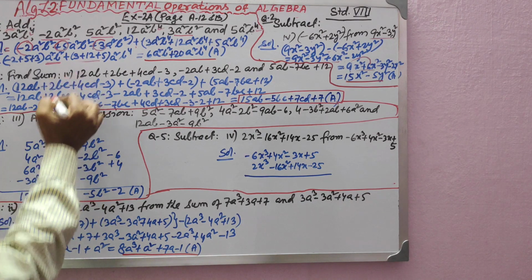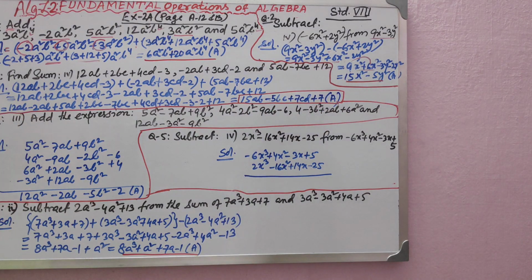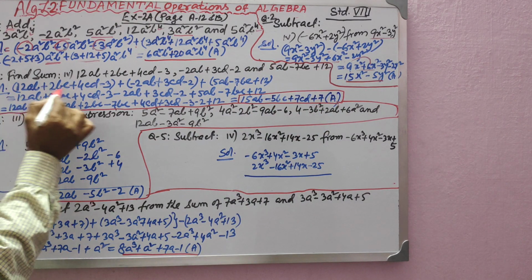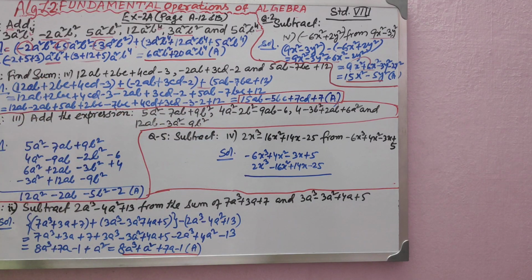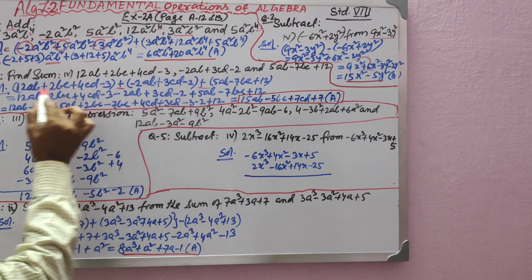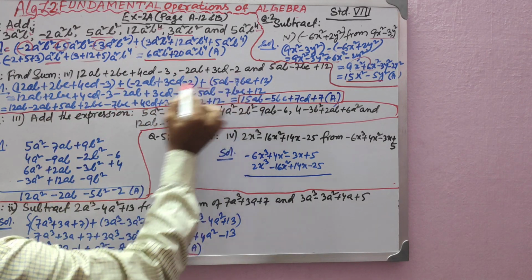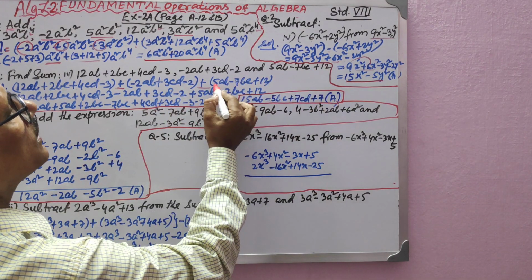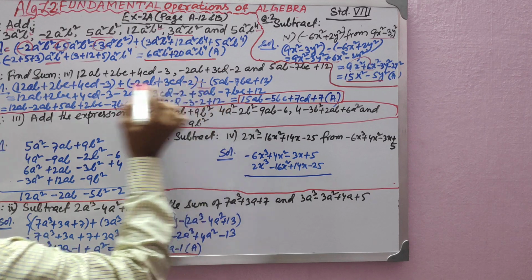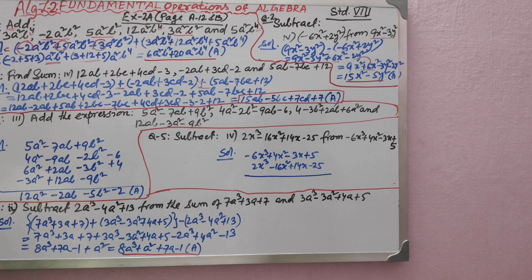Like, see, what are the addends? Here is one addend, here is the second addend, and here is the third addend. 3 addends are there. So what you need to do, you write down all the addends with the help of plus sign, because you have to find the sum, means addition. So first addend, all the terms you have written properly. Second addend, all the terms you have written properly, that also in a bracket. And then third addend, also all the 3 terms written properly within bracket. As you are finding the sum, addition operation, therefore the plus sign with the 2 addends you have kept.